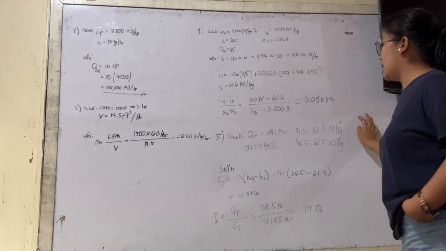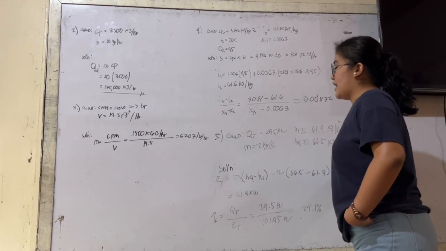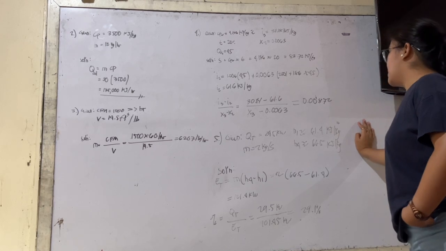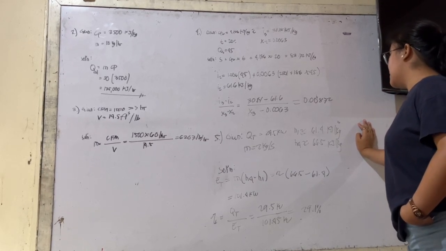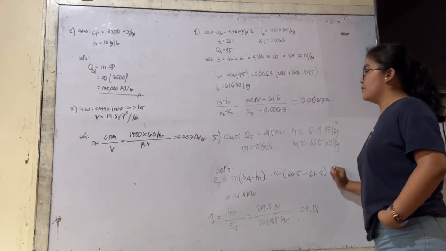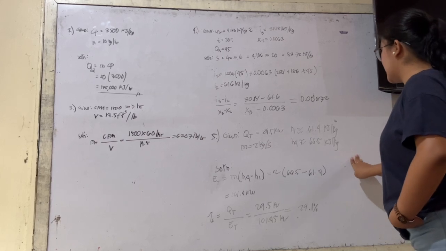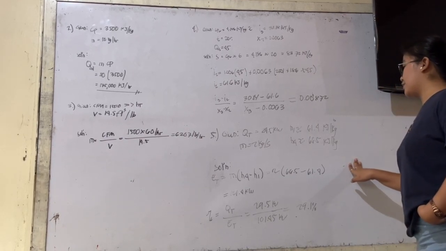And we have a formula of I3 minus I2 over X3 minus X2. So plug in. So we're going to have a 0.00872. And for the last problem, we have a Q, which is 29.5 kilowatts, and H1 is 61.4 kilojoules per